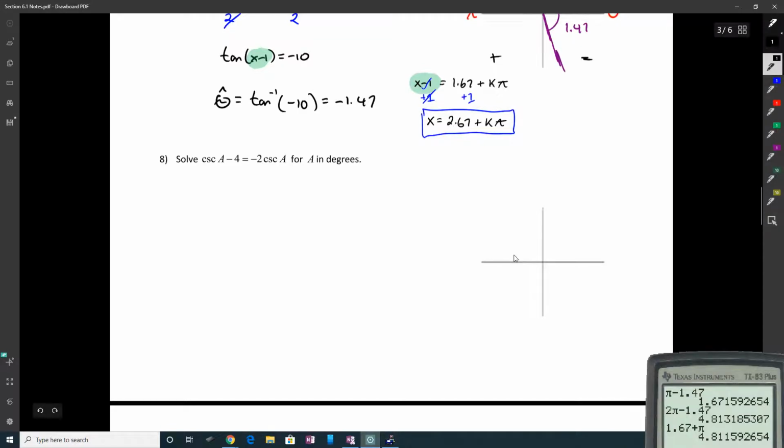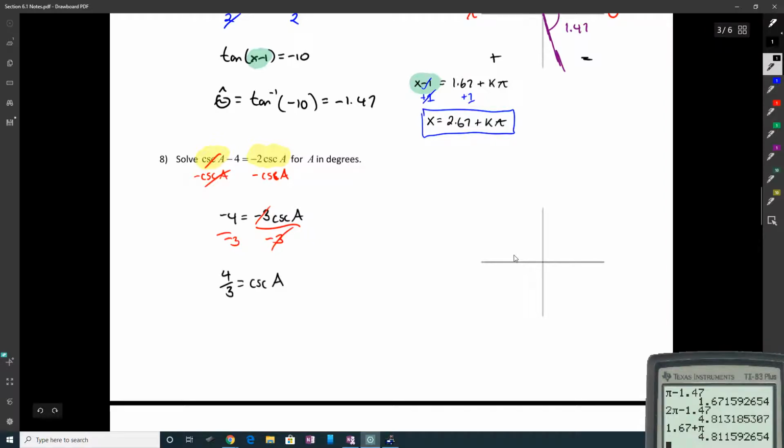Anyway, so the next one is solve cosecant A minus 4 equals negative 2 cosecant A, and this one's back in degrees. So what we're going to do is we want to get our cosecants together. So I'm just going to subtract cosecant A. That gives me negative 4 equals negative 2 minus 1, which is negative 3 cosecant A. And then we just divide by negative 3. And so I get 4/3